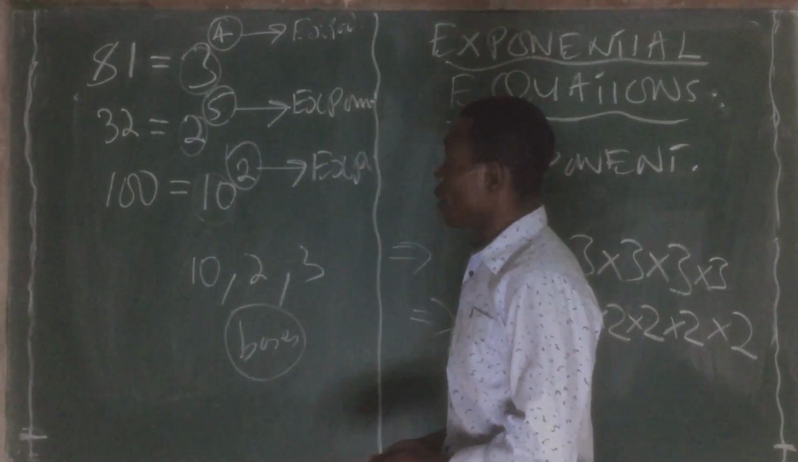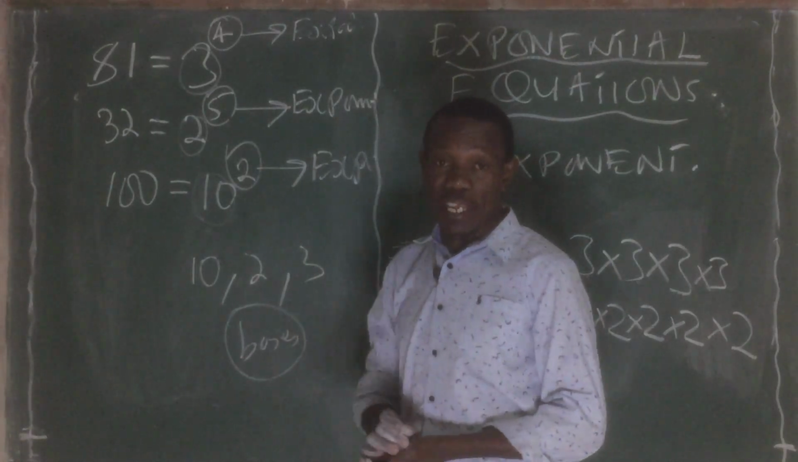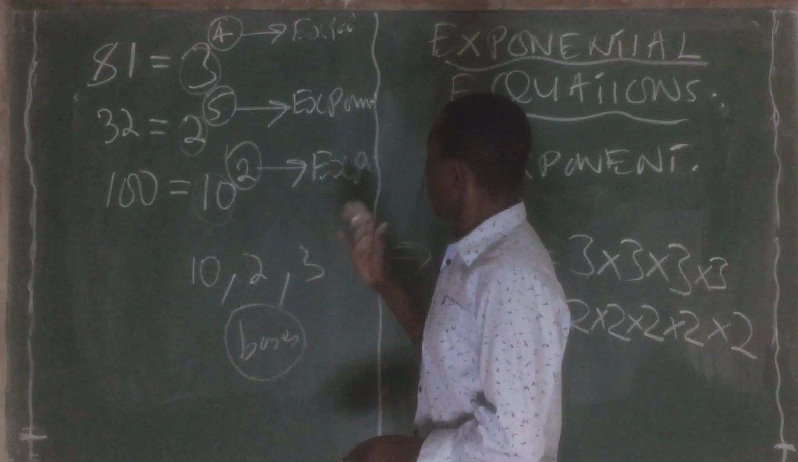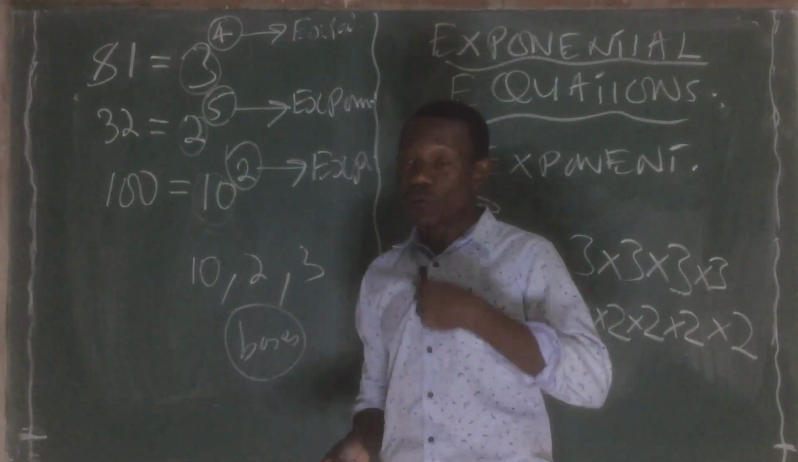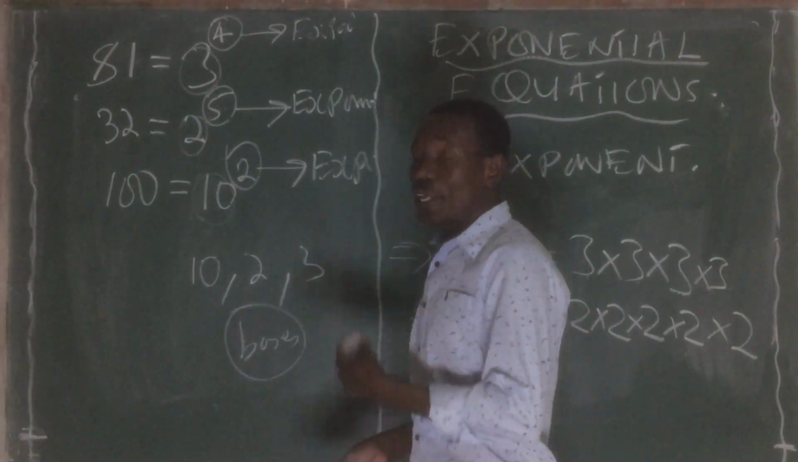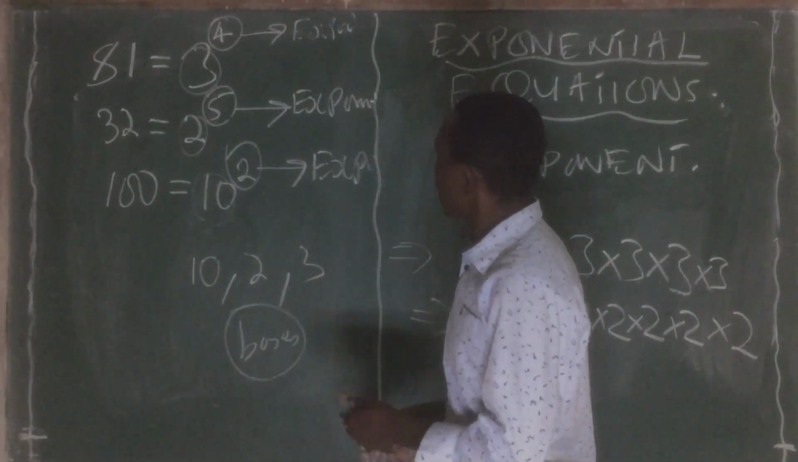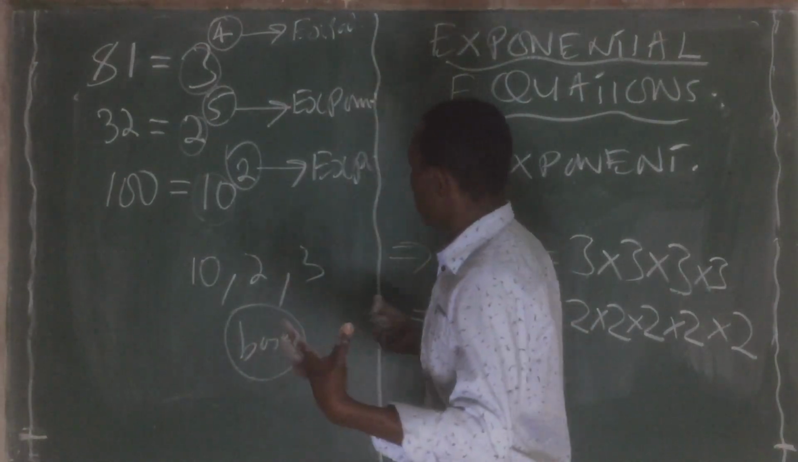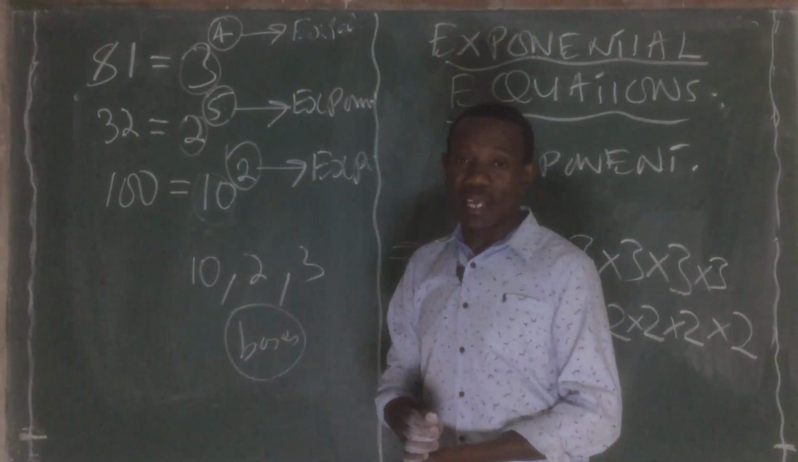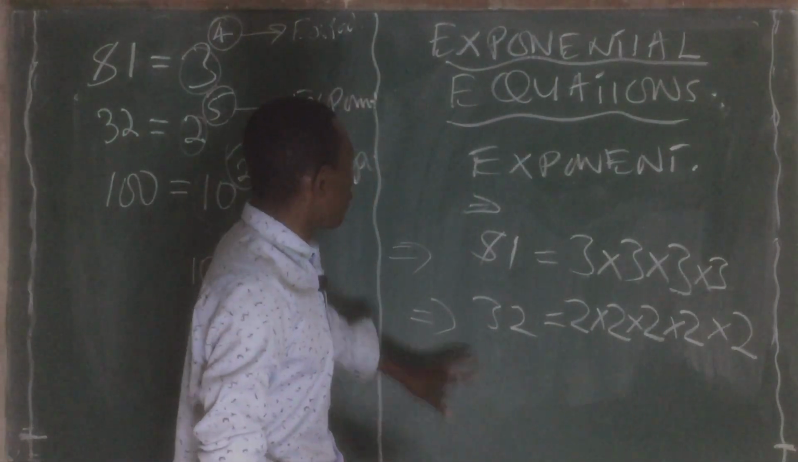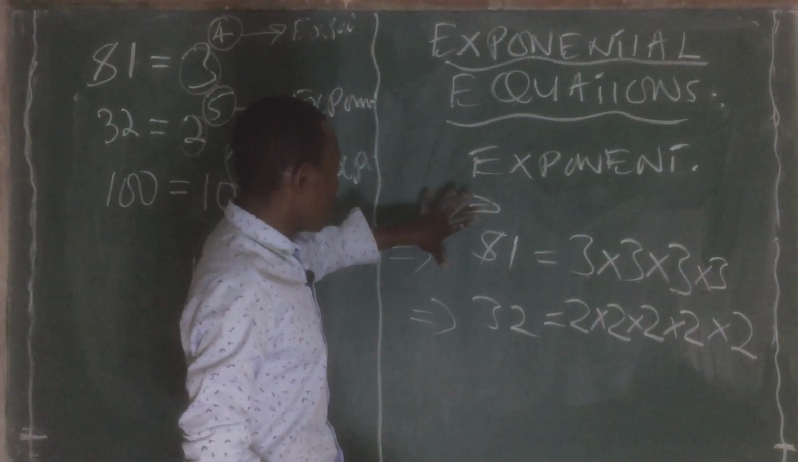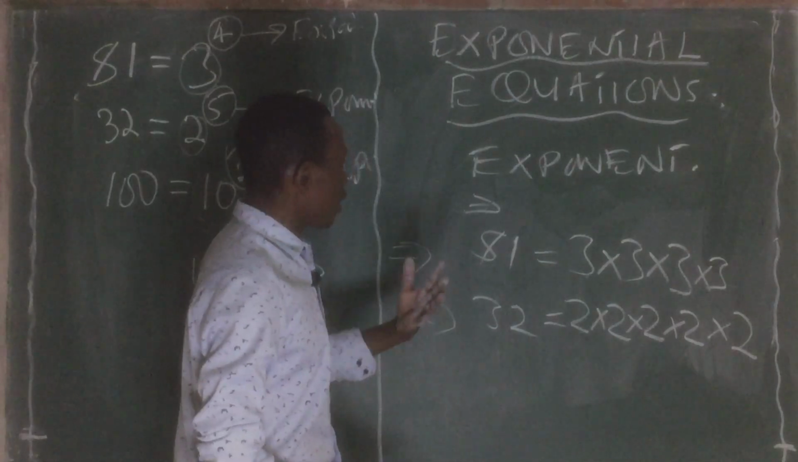So in short, numbers can be expressed in the form of a base and an exponent. Be able to understand what an exponent is and what a base is. A base is simply a factor of a particular number, while an exponent is simply the power, a number that tells you how many times you multiply a base to get a particular number. So this is very important. Each time we are talking about exponential equations, we need first of all to understand fully